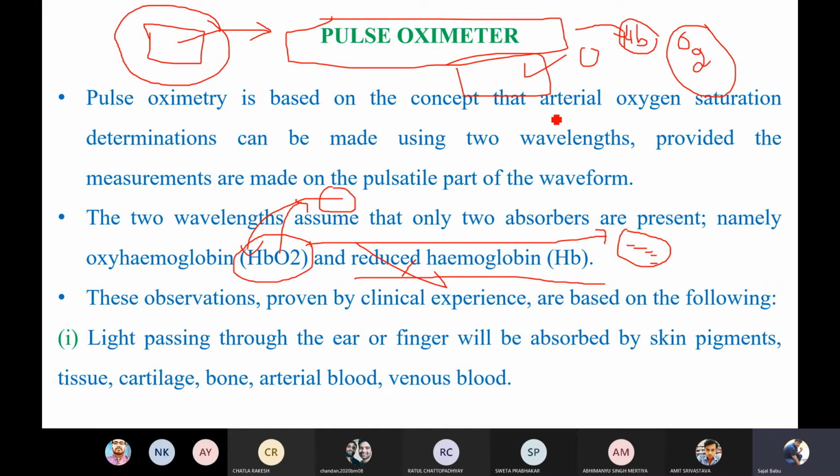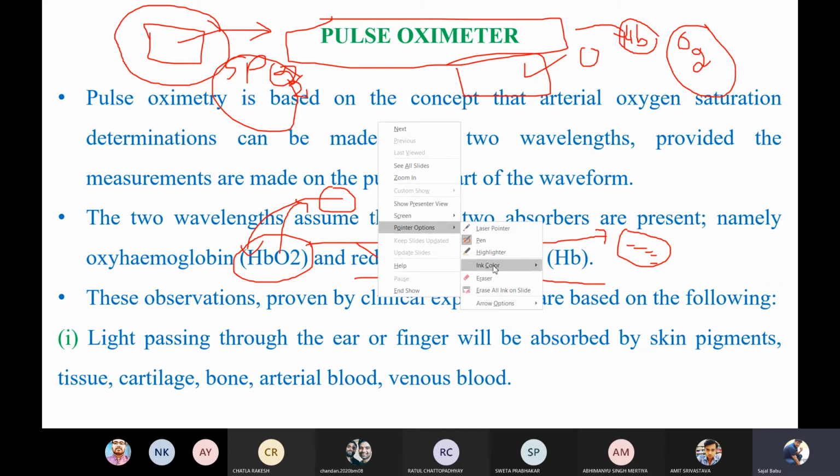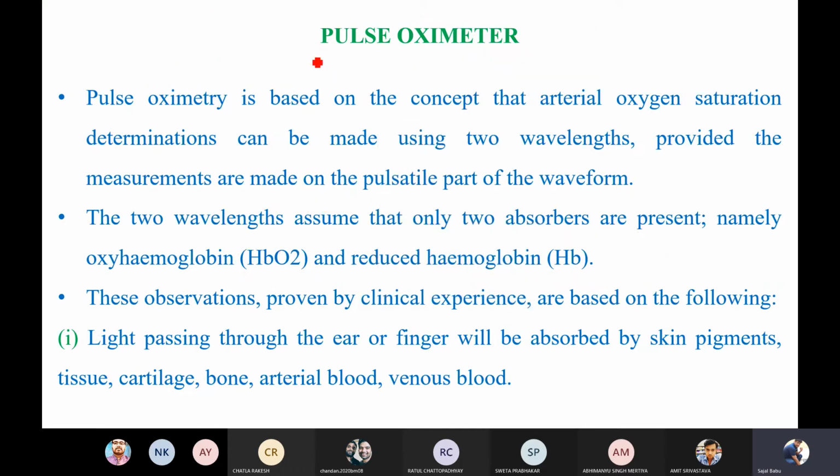Majorly, what the pulse oximeter is going to measure, it is going to measure the oxygen saturation levels in your blood. Okay, and if you are taking any pulse oximeter with you, it is going to represent it as SpO2. Okay, as you can see in any meter, you are going to see the pulse oxygen with an indication like SpO2. Okay, so have you understood why the pulse oximeter will be used and what it is going to measure?